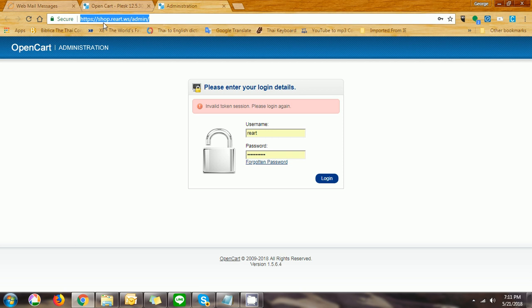It's going to be shop.reart.ws/admin. And that'll take you to this log on page. Then I'll send this to you in a separate email, but the name is Reart. The username is Reart, and then I put in a password there, and I'll send that to you. So we're going to log on,